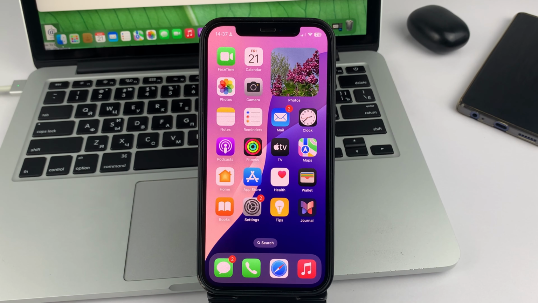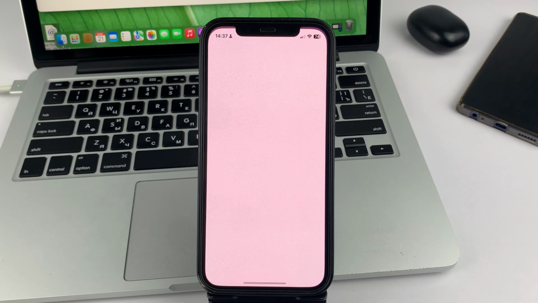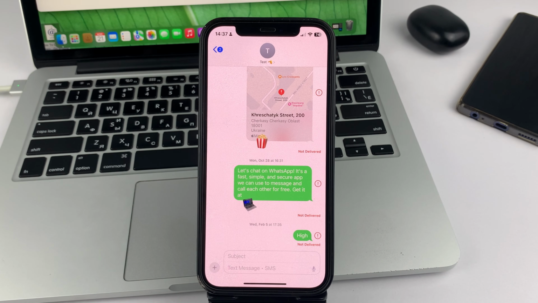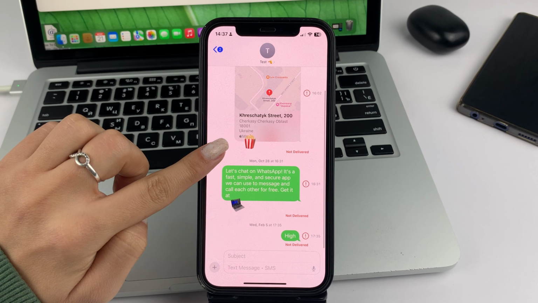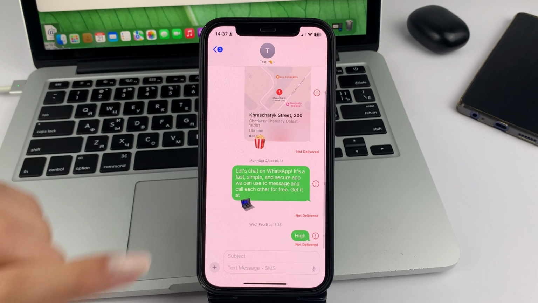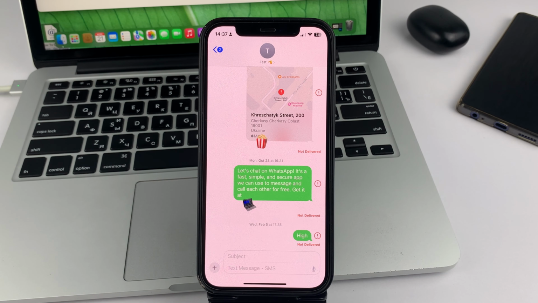And let's get to our topic. So when you go into some chat, some correspondence, if you swipe, you can see the exact time when a certain message was sent. But you will be able to know, for example, whether your conversation partner has read your text message only if they have the option Send Read Receipts enabled. If not, then you will not see this information.